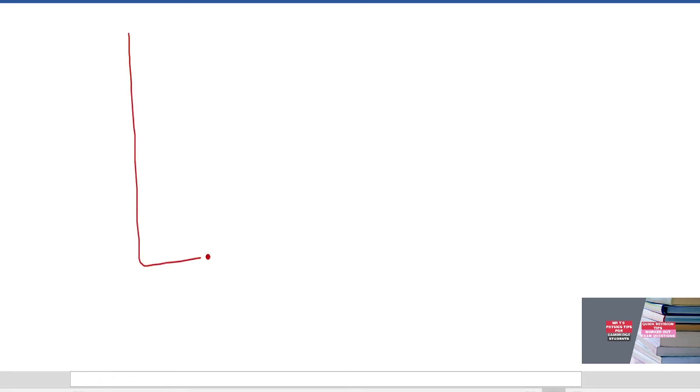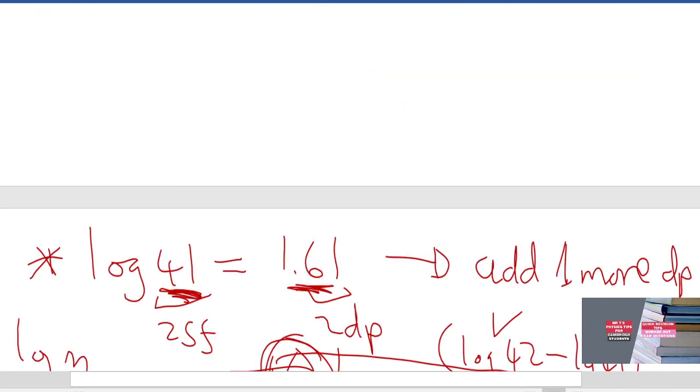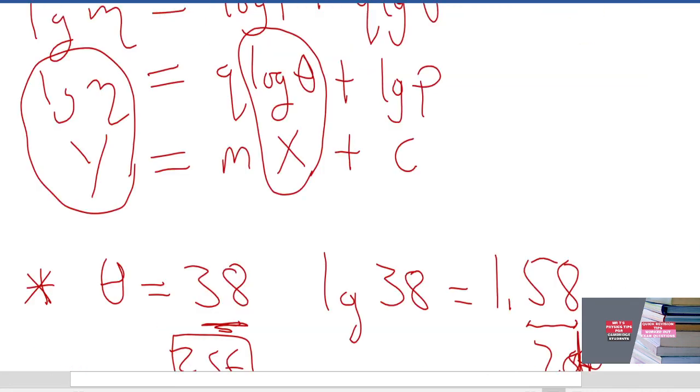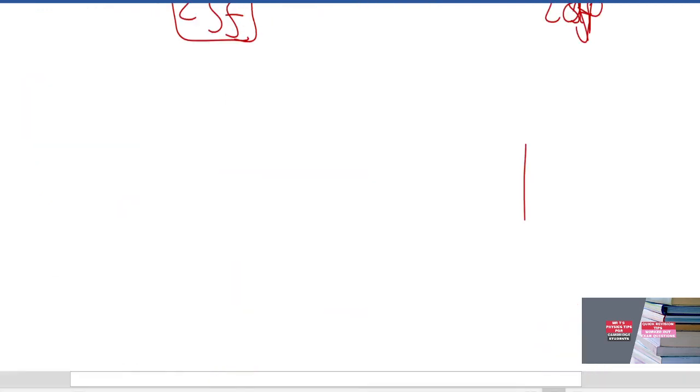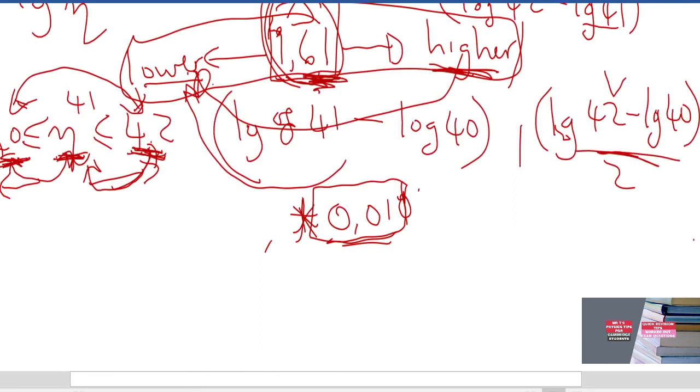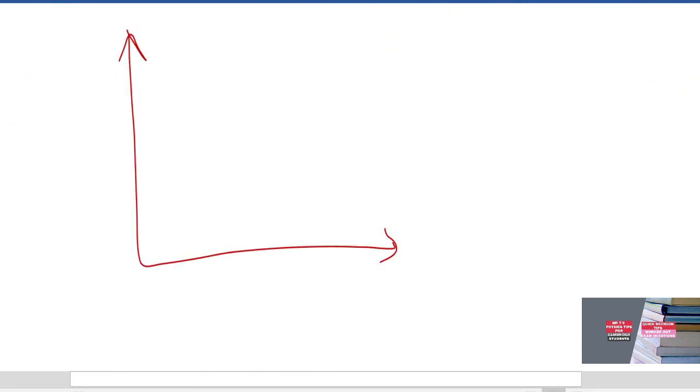So we are going to plot the graph. Let's go back and see what we're plotting against. We have log viscosity on the y-axis versus log theta on the x-axis, q and log p. So log p is our intercept. So it's going to be like this: this one is your log viscosity, and this is your log